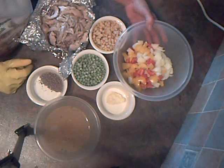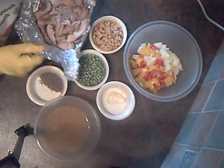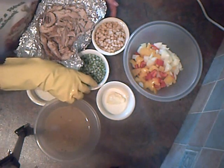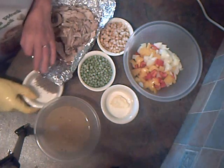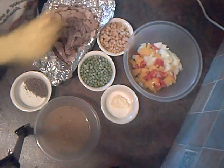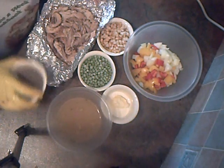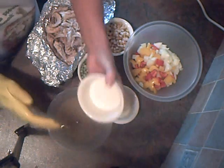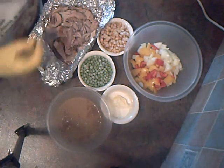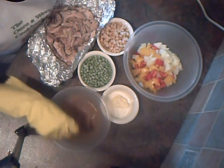Got here half a large red pepper, half a yellow pepper and half a large onion. 12 ounces of cooked chicken, which I got from a supermarket chicken, which was reduced at the end of the day, but still warm. So I picked the chicken off it last night and put it straight in the fridge. From the bones I've made chicken stock, and we've got half a pint here of chicken stock and a tablespoonful of gravy granules, which is chicken gravy. I'm just going to give those a stir,